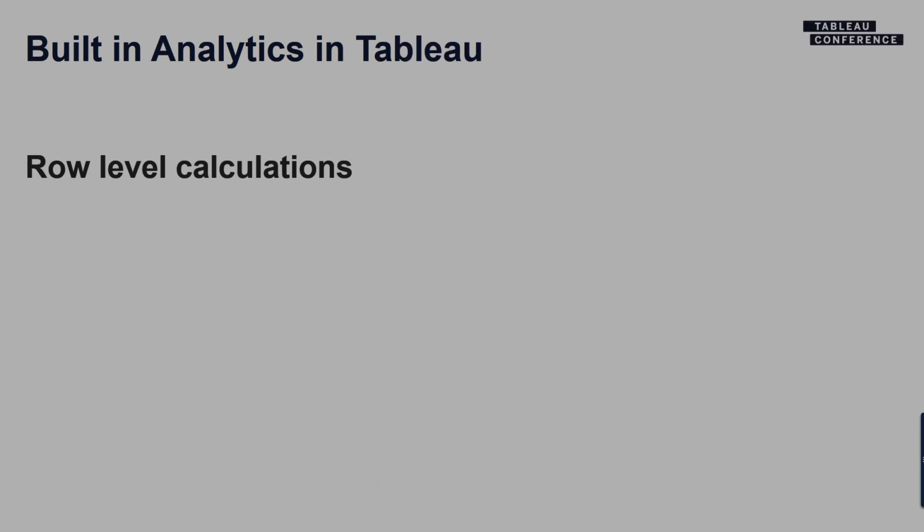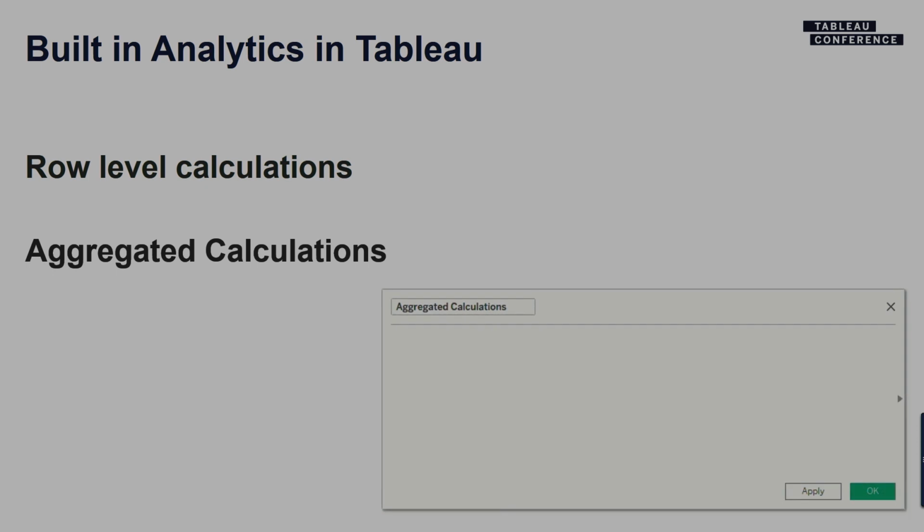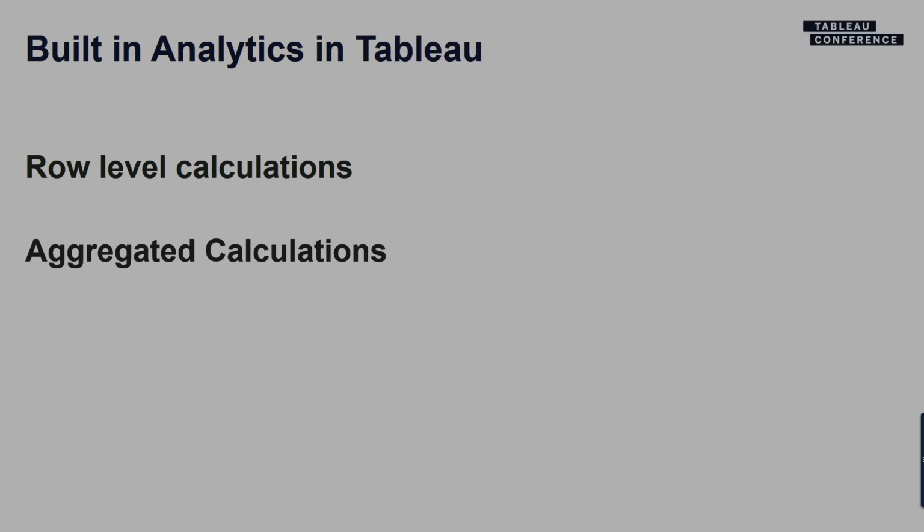We can also move that up into aggregated calculations, where the main component is that we can take that profit ratio and wrap it up into sums. So doing sum of profit divided by sum of sales gives us a profit ratio across multiple rows, in which case the dimensionality of the view becomes important. But there's a lot of different types of calculations that we already offer in Tableau.